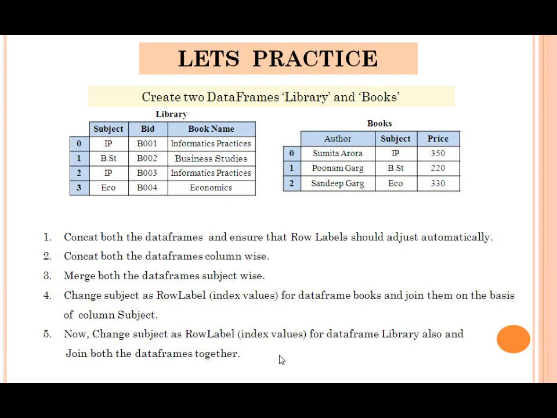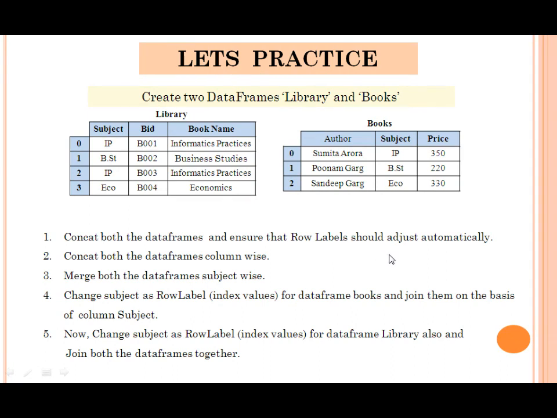So again, let's practice. Create two data frames, library and books. The library data frame should have subject, BID and book name, and the books data frame should have author, subject and price. See the first question: concat both the data frames and ensure that row labels adjust automatically.